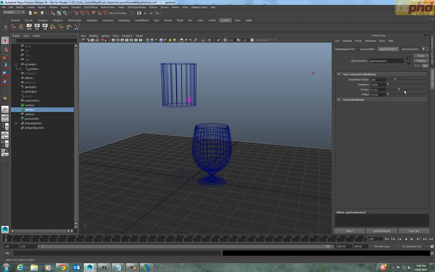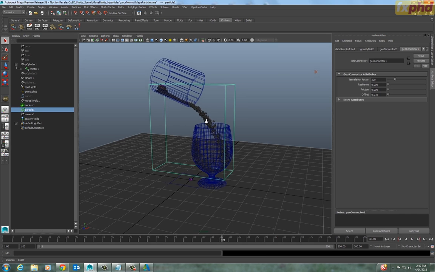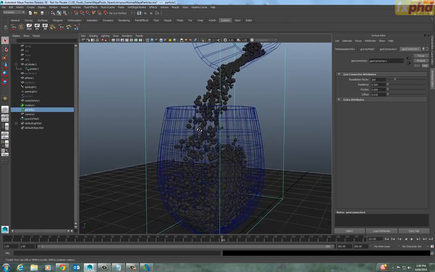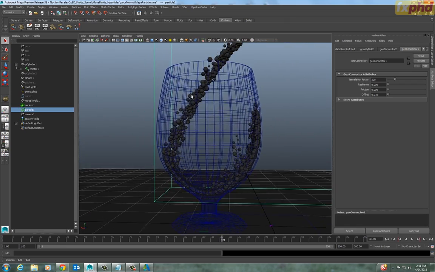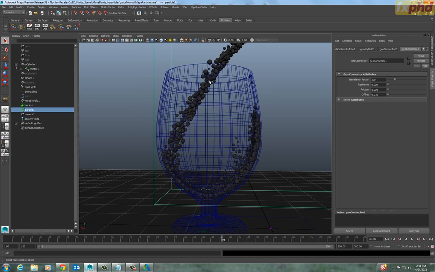So with Bifrost, when you pour liquids into a container, the liquids actually have pressure exerting outwards from the particles. So they'll actually maintain a volume of their sort of water pressure. But with Maya particles in this default setup that's straight out of the software, you can see that